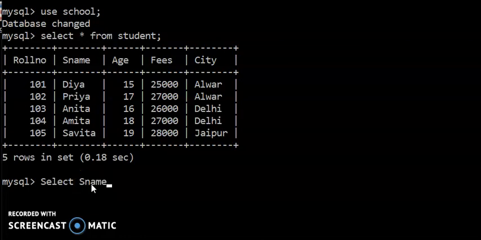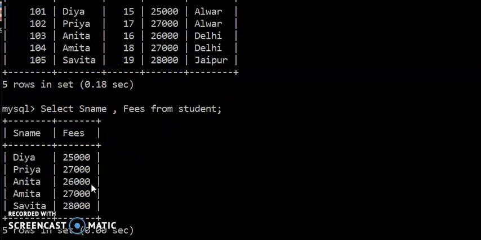So I want to access sname and fees from the table named student. Then a semicolon, then press the enter key, and this will be the output of the command, because we access only the 2 columns from the student table, and those specific columns I have mentioned here, sname and fees.